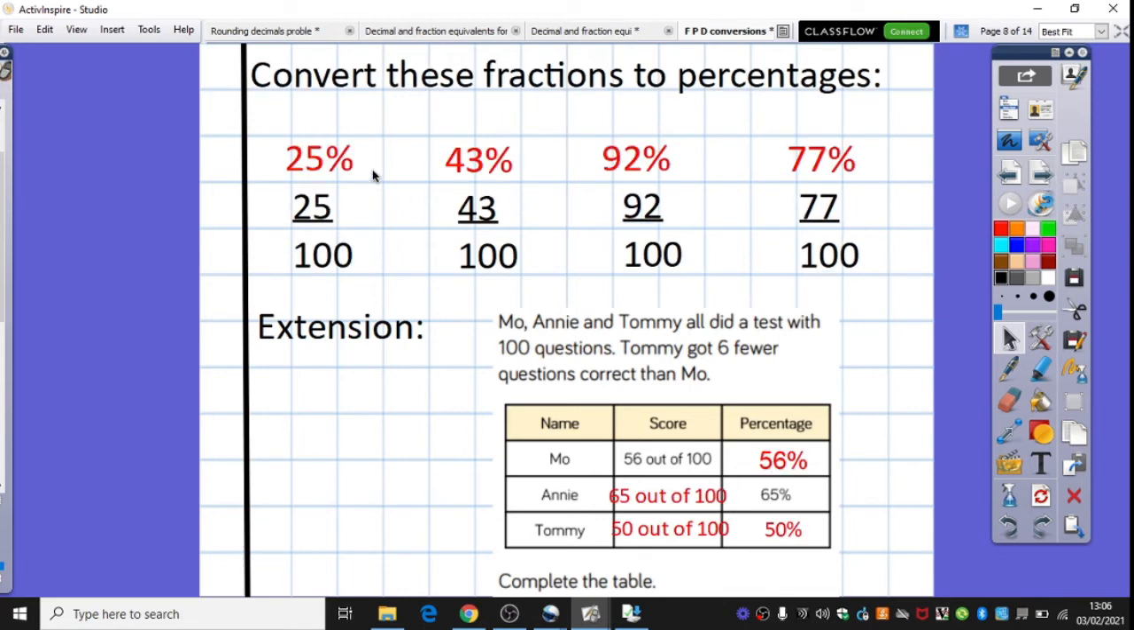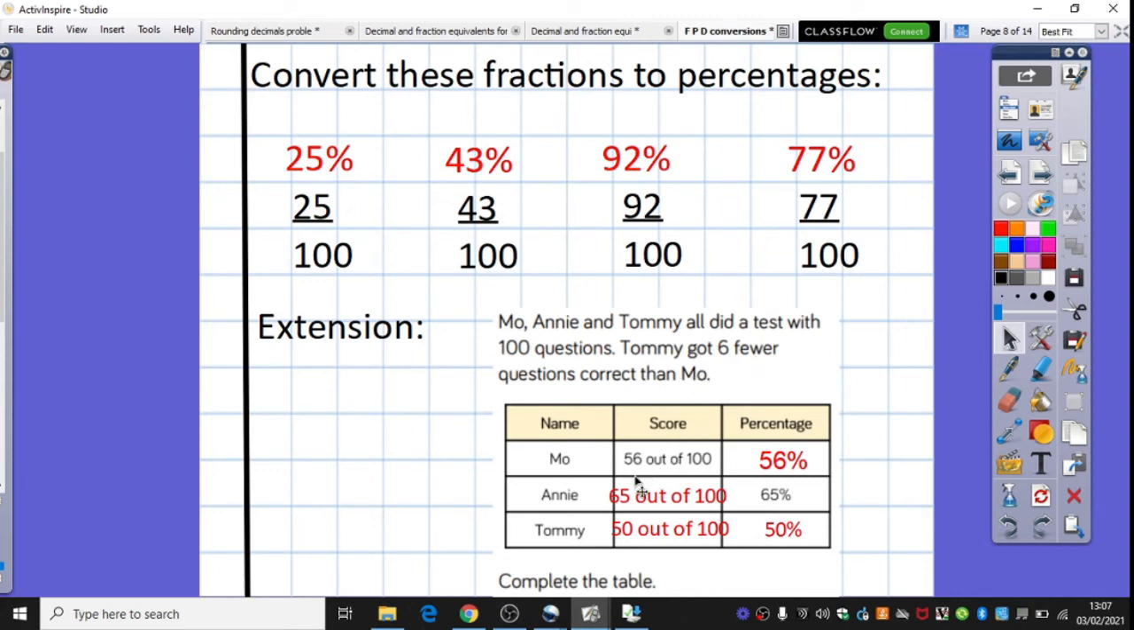And here we have our answers. So 25 out of 100 is 25%, 43% is 43 out of 100, 92 out of 100 is 92%, and 77 out of 100 is 77%. We can see here, if you moved on to the problem, 56 out of 100 is 56%, 65% is the same as 65 out of 100, and it said Tommy got 6 fewer questions correct, so